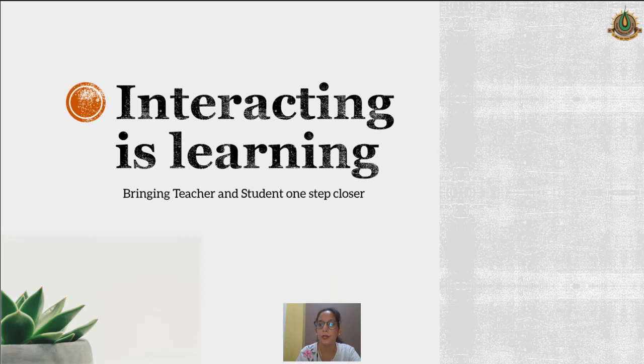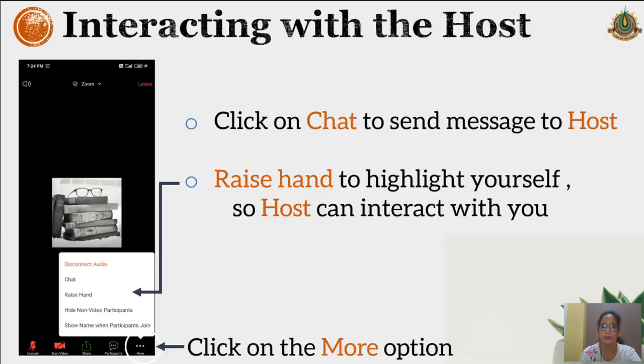Let's take a look at one more option that you as a student may use while in a meeting, that is interaction with the host or interaction with the teacher. If during the meeting you wish to interact with the teacher or you want to share something, click on the more option in the corner of the screen and then click on chat to go to the chat box.